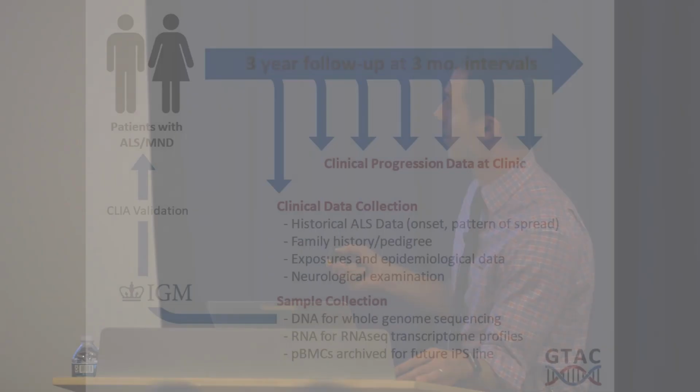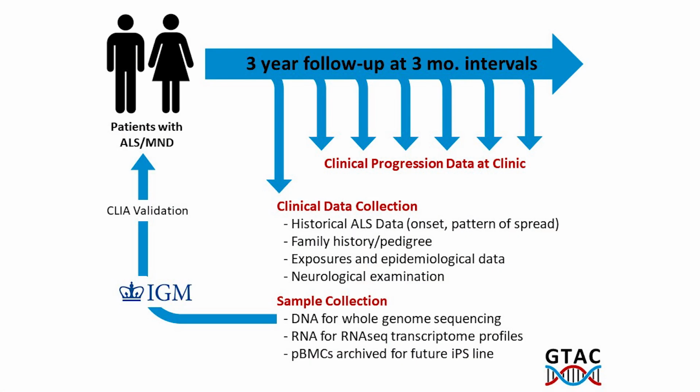neuron disease, following them for 3 years, every 3 months, to find out how they do over time, collecting tons of information about their disease, as well as important exposure and lifestyle factors that may help us get at the genes versus environment question, and then sending us lots of fluids and cells for us to store in a library for downstream testing. So most important, of course, is the DNA for whole genome sequencing, which in our particular project